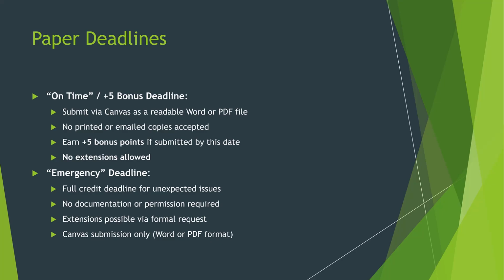Now, what if something goes wrong and you can't turn it in by the extra credit deadline? Well, the second deadline is the emergency deadline, and this was created to handle situations where there's a need to do the paper for it to be a bit late, but it's not like super serious. It's not like taking incredible amounts of time, whatever is causing this. The usual things like a person gets like a cold for a while and just doesn't feel like writing the paper, or other stuff comes up, etc.